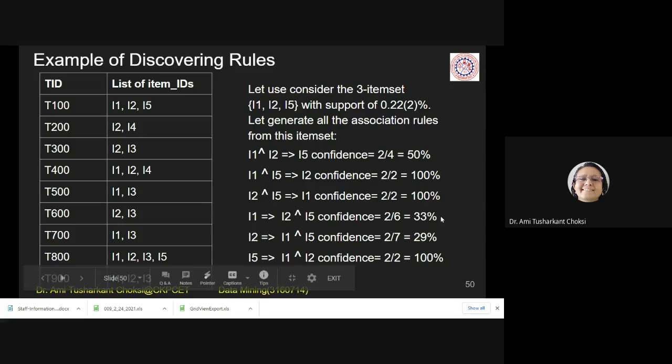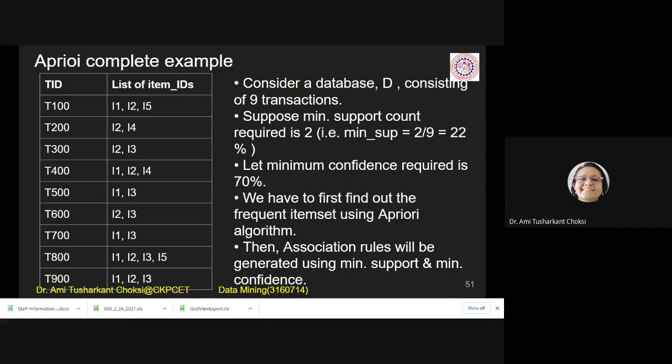Fine? Okay. So let us proceed further. For all these rules, we can find the confidence and we need to check whether they are greater than or equal to minimum confidence or not. If they are greater than or equal to minimum confidence, we can say the rules are acceptable. Fine. So